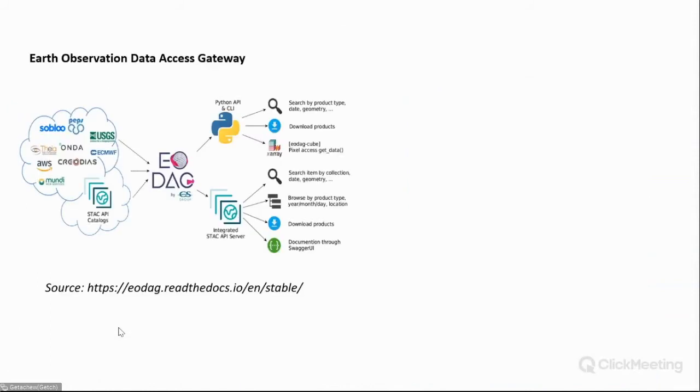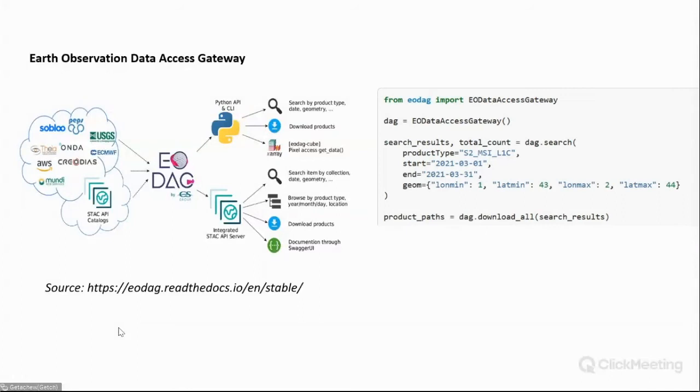The other thing is if you need data out of Sentinel, there is also a package which is more integrated with other providers, like Solo, CREODIAS, Ondia, and this package is called Earth Observation Data Access Gateway, or EODAG. So the implementation is almost the same with Python, as with the Sentinel API. If you have an interest in it, you can see the link here, and you can also access directly from the link. There is an ample amount of documentation and user help there, and the implementation is almost the same as the Sentinel API.